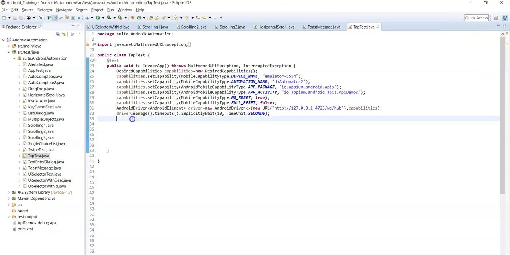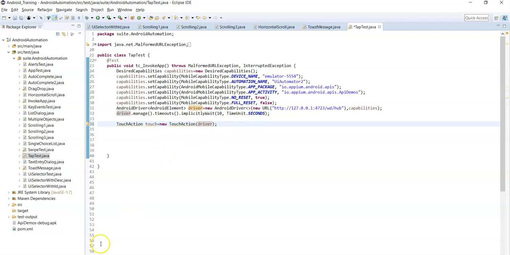Now to tap on this element, first we need to create an object for the TouchAction class. You can give any reference variable, new TouchAction, and here you need to pass the driver object.